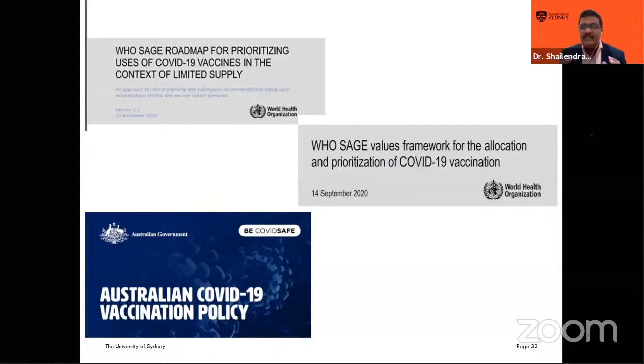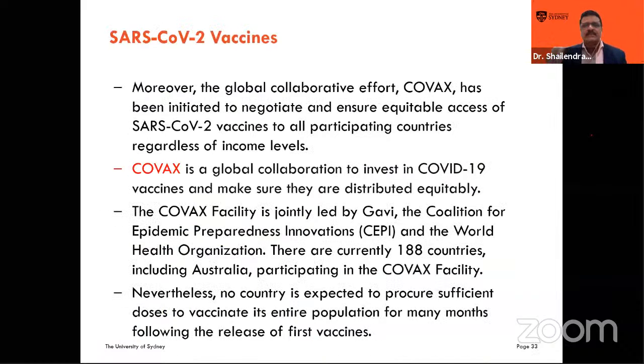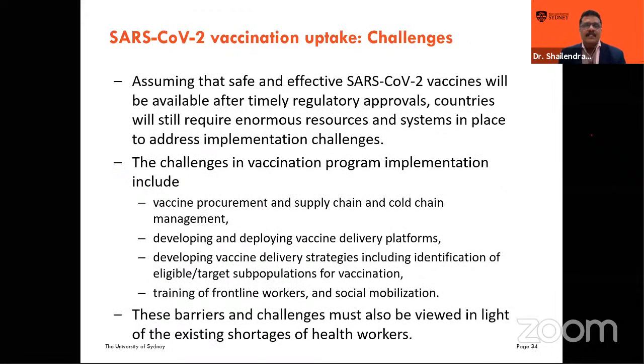And that is true for every practitioner. Even in your small practice, you've got to really prioritize. If you get 100 doses for your clinic, who are you going to give it to? And that's really interesting. COVAX, which is the global collaboration to invest in COVID-19 vaccines, is led by Gavi, CEPI, and WHO. And the reality is that no country is expected to procure sufficient doses to vaccinate the entire population, and that's really important. If you do get the vaccine, the challenge is vaccine procurement, supply chain, cold chain management, because